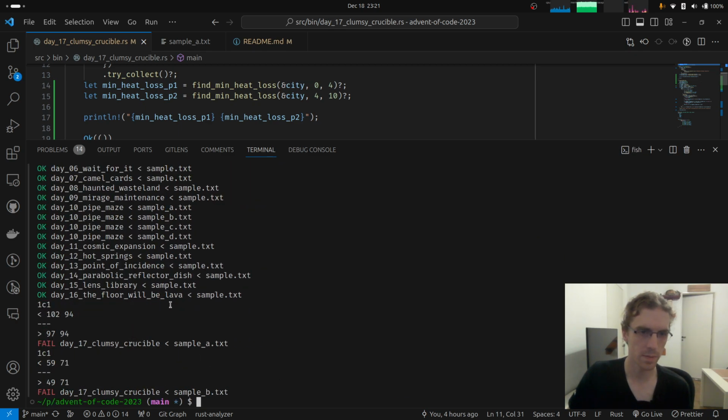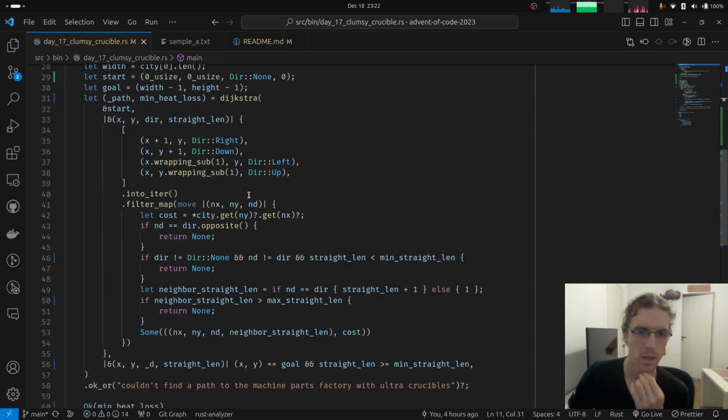Okay, sample A is giving a smaller answer for part 1, and sample B is also giving something smaller for part 1. So where did we go wrong?